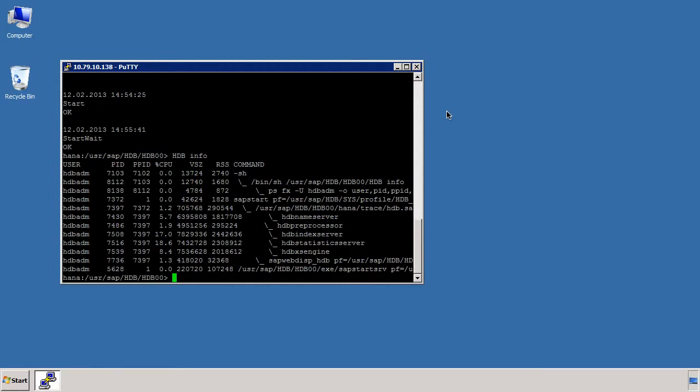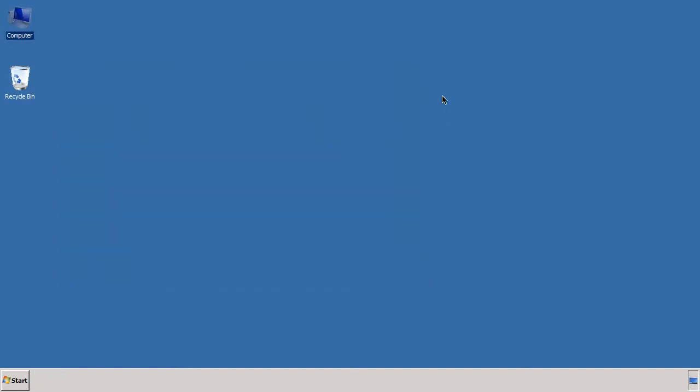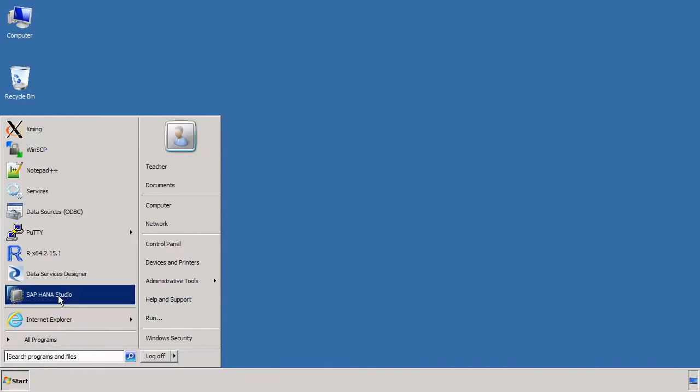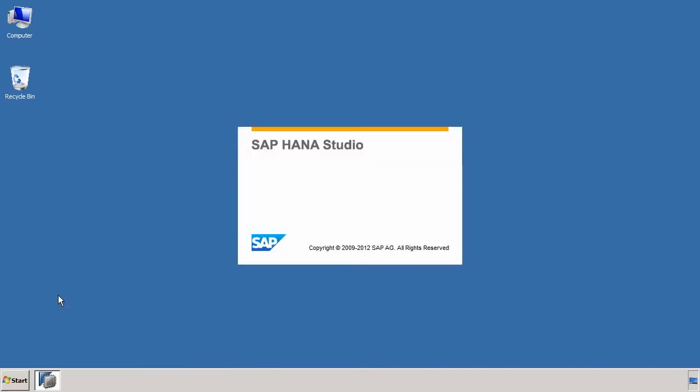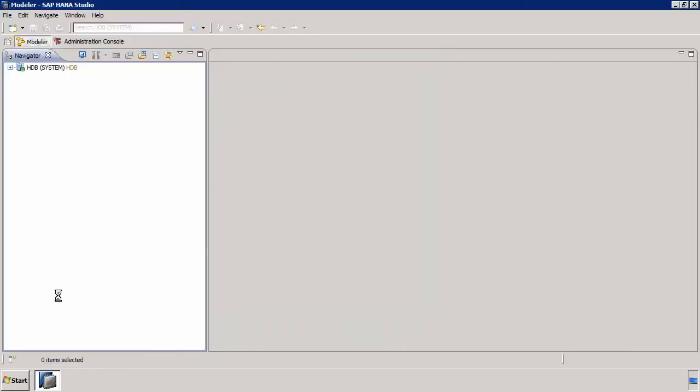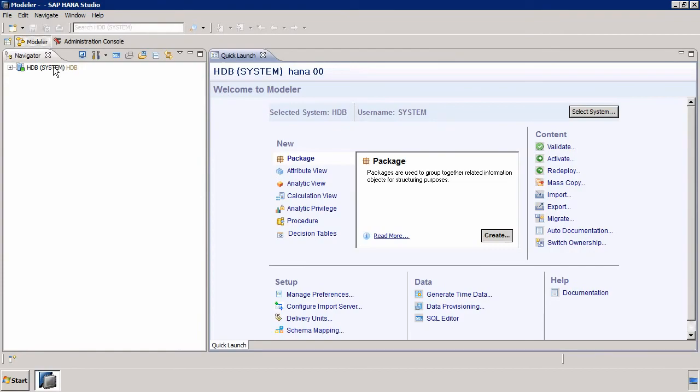So why don't we look at now how to do this using the SAP HANA Studio. So to demonstrate this, it's very straightforward. I'm firstly going to launch the SAP HANA Studio. And when you're in the SAP HANA Studio, all you need to do is actually select the database. Now, how do I know that the server